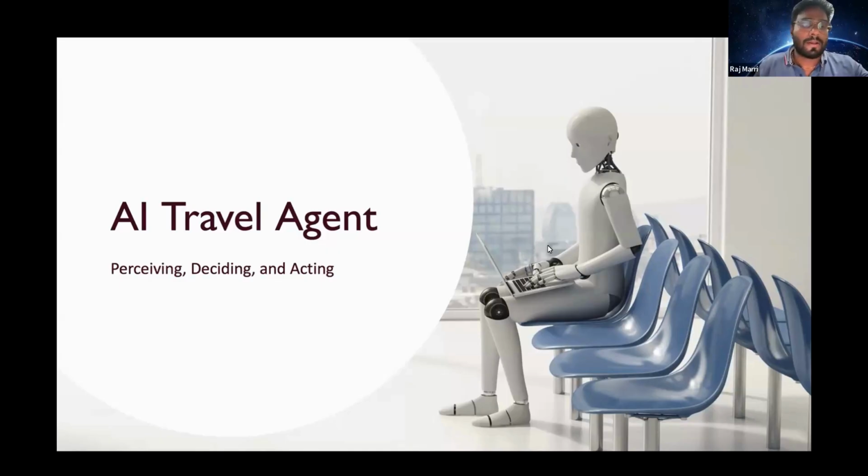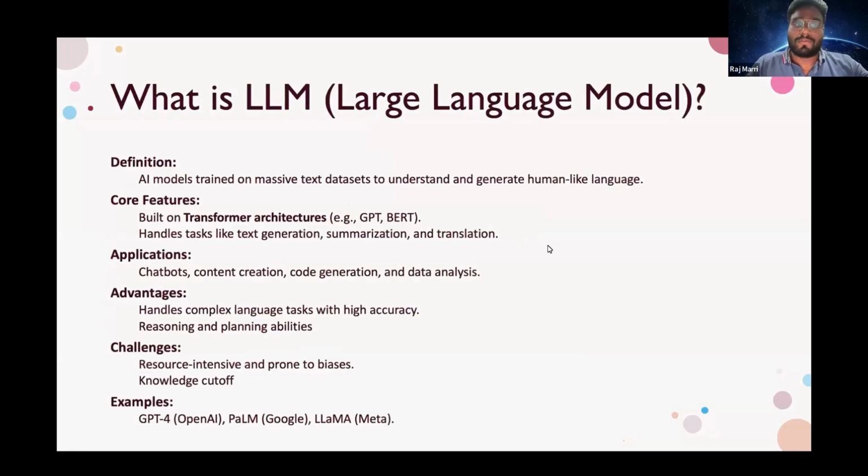So let's get started. If you are already aware of large language models, I just want to give a brief introduction. I don't want to miss time on this. So what is a large language model? If you are all aware of ChatGPT, ChatGPT is a product from OpenAI, but that itself is powered by a model from the GPT series. It could be GPT-3, GPT-3.5, GPT-4, or GPT-4o, 4o mini. These are the recent models that are coming out from OpenAI. And it could also be other open source models like Llama. So all of these are